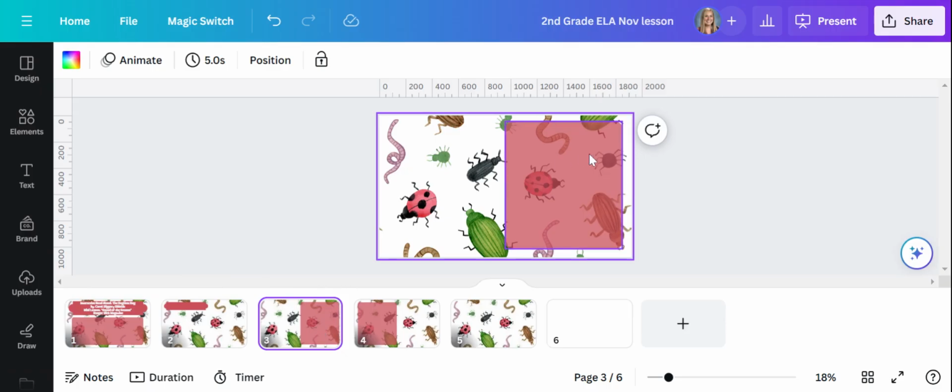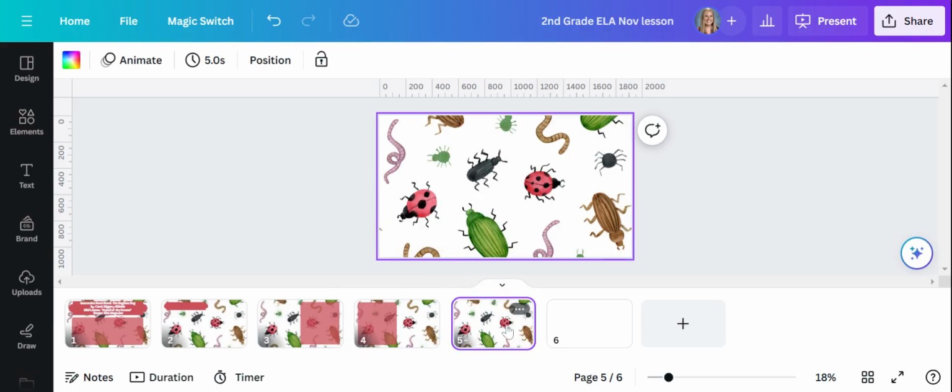I like to do a variation of the same slide because I'm going to place this as my background for my entire presentation. So I have an area for question stems and Pear Deck or otherwise, and I flip it. And then I always do one plain blank kind of slide that I can use as my background. Once I've completed those 5 or 6 slides that I have as my library, I'm going to hit share, and